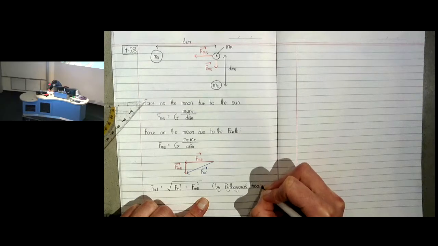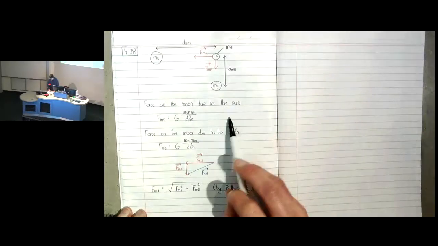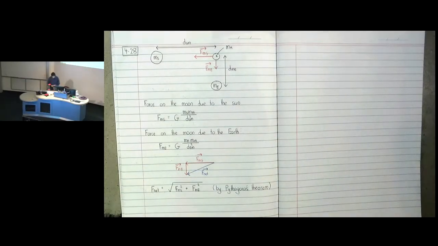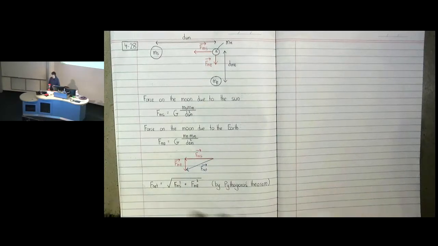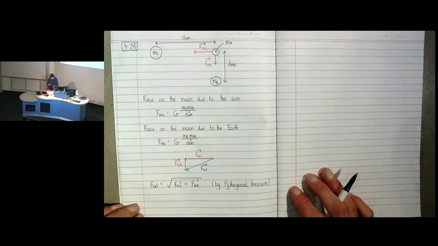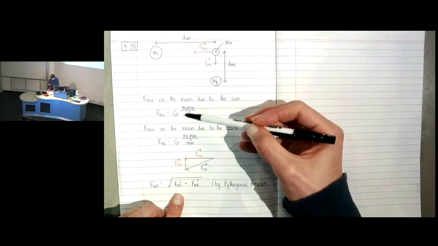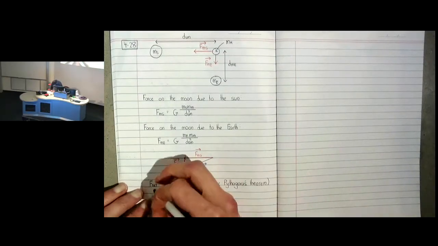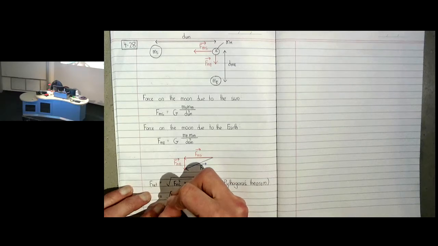And then I suppose at this point we could plug numbers in and get something for this and something for that and then plug those numbers into there. I don't really like doing that all that much because when I plug numbers into my calculator, I tend to press the wrong buttons and make all sorts of mistakes. So what I think I'll do is just take these two expressions and plug them into this Pythagoras' theorem formula instead. So if I do that, what I get is